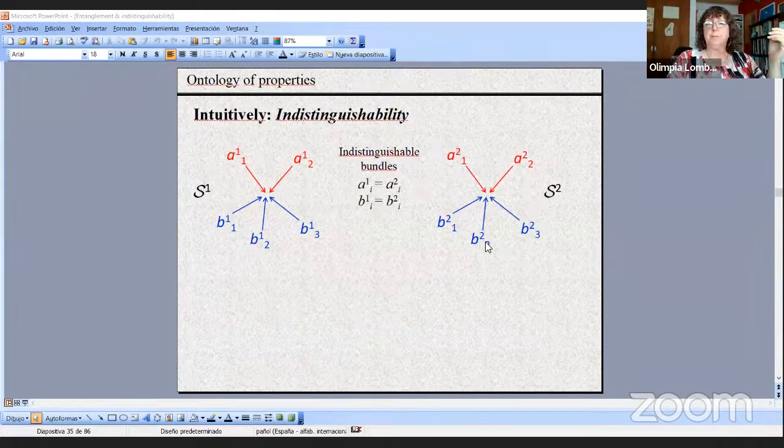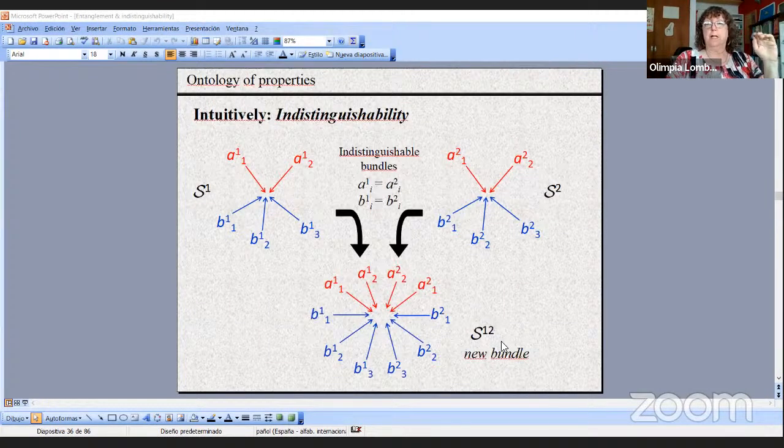If we have indistinguishable bundles, now the colors and the symbols are very trivial. I mean, the same color is the same. A color is represented in observables, and the symbols, the eigenvalues. If we have indistinguishable bundles, when they come together to combine and form another system, that system is a new bundle where the original bundles cannot be re-identified. So this is a unique